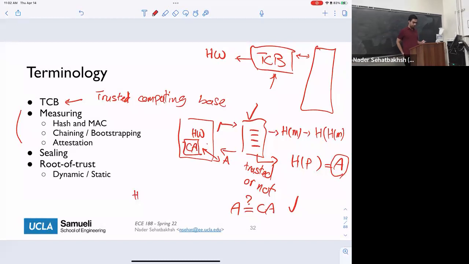So if you heard me say measuring, this is what it means. And then there's the concept of sealing. Sealing means that when we want to send something to the outside world, we usually take multiple steps. For example, we encrypt it, we put a MAC with it, sometimes we also sign it.